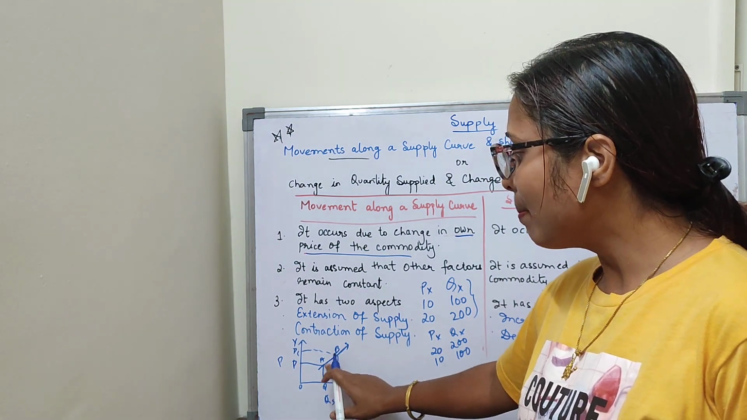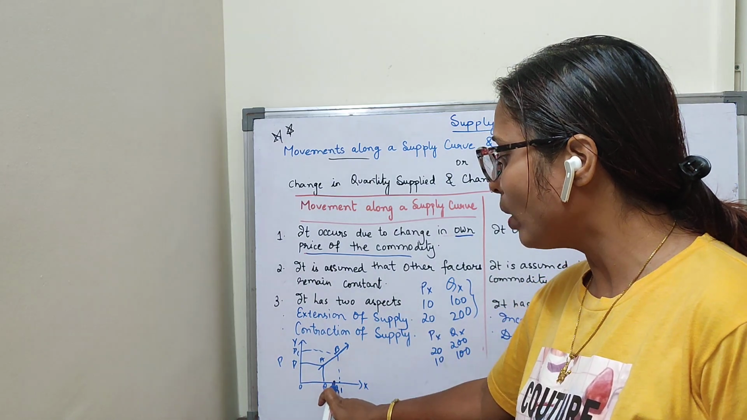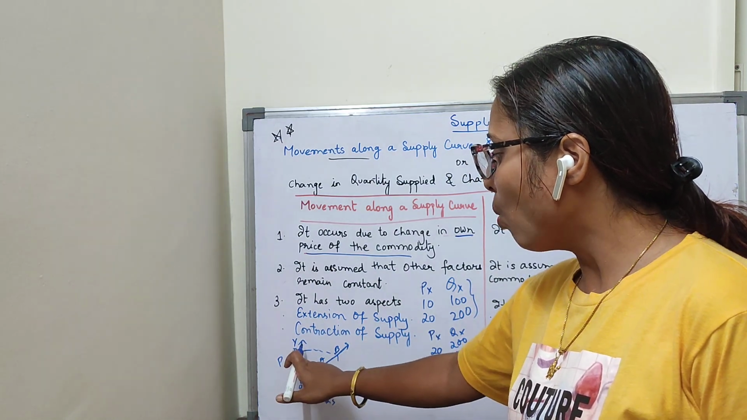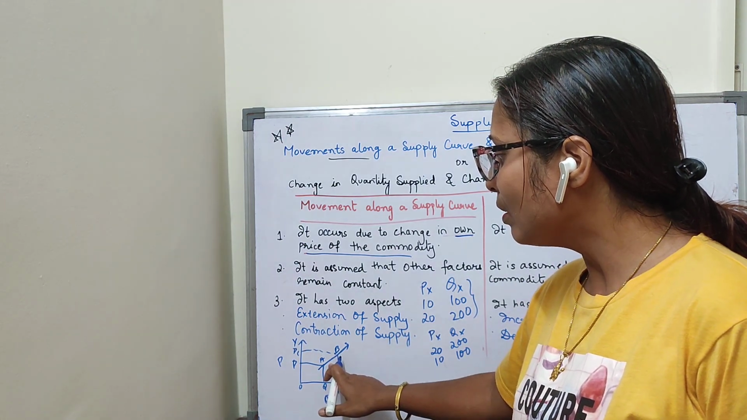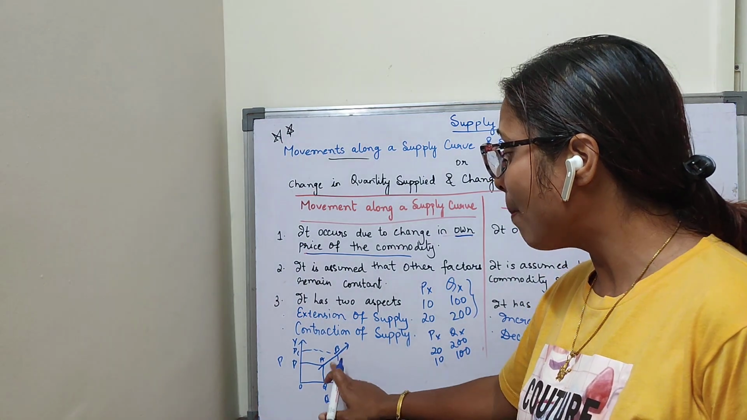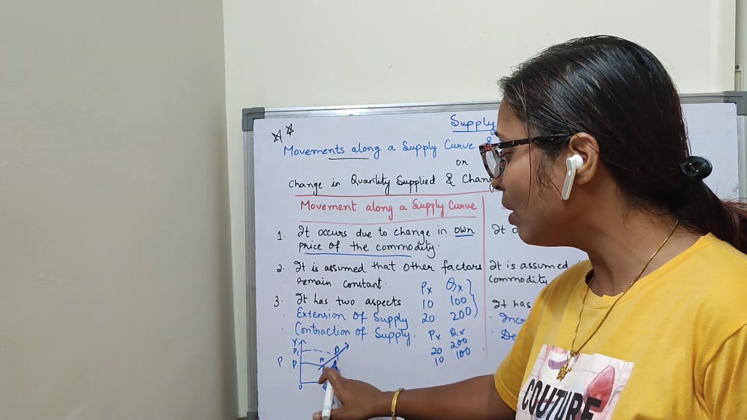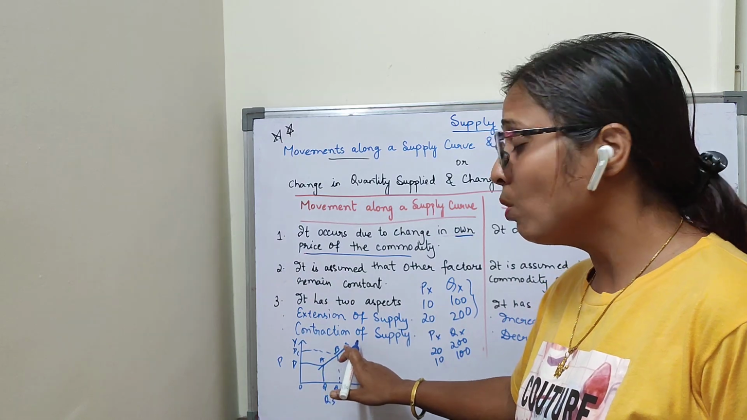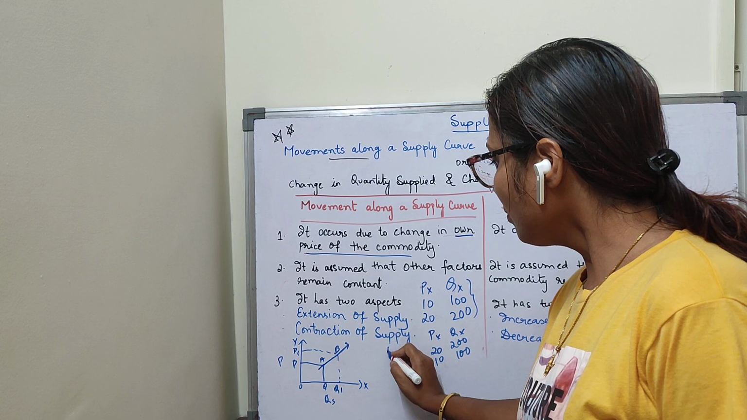First, previously, my supply curve was in A point. OP was the initial price, OQ was the initial quantity. When price increases from OP to OP1, my quantity supplied also increases. So, my supply curve is moving upward. This is the upward movement. What you will say? Upward movement. That means supply curve is moving upward from A to B point. Clear children? Now, here you see again,